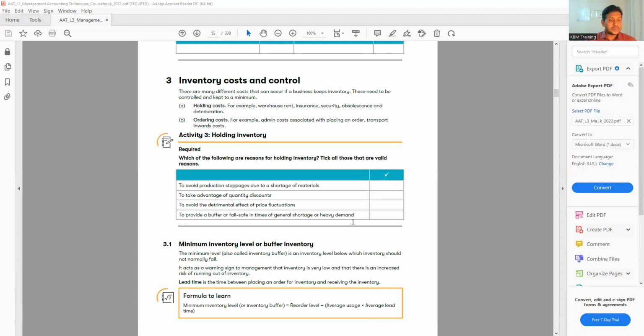What is the cost of sales? The cost of sales is the direct cost. The formula for the cost of sales: you have to remember what cost of sales is. Cost of sales means all the costs that are relevant to the product, the direct cost. So it represents opening inventory